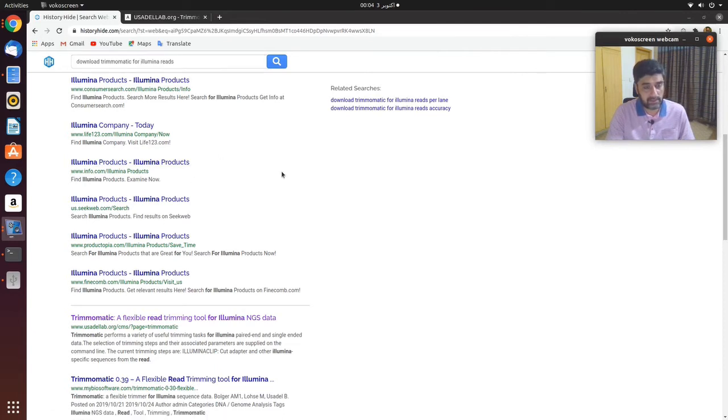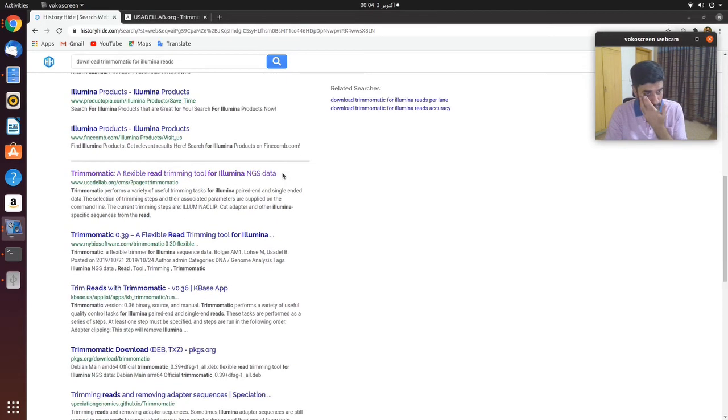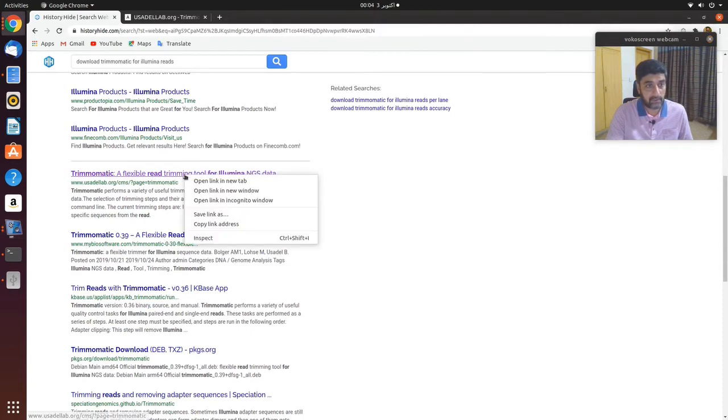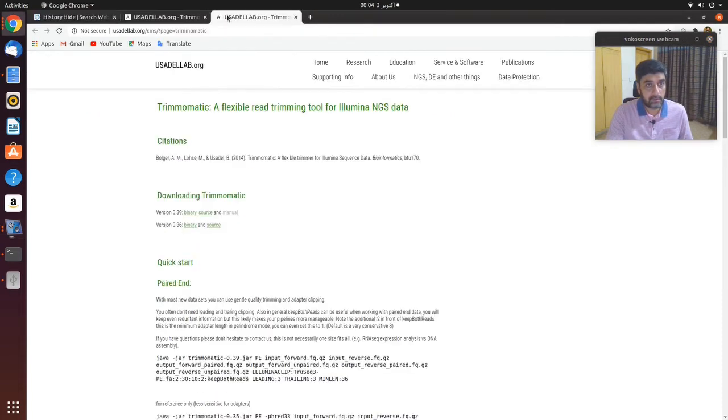There are so many links available. Just click on this one, Trimomatic, a flexible read trimming tool for Illumina NGS data. Here you have two versions available, 0.39 and 0.36. I have already installed the 0.36 version, but you may also use the latest version 0.39.